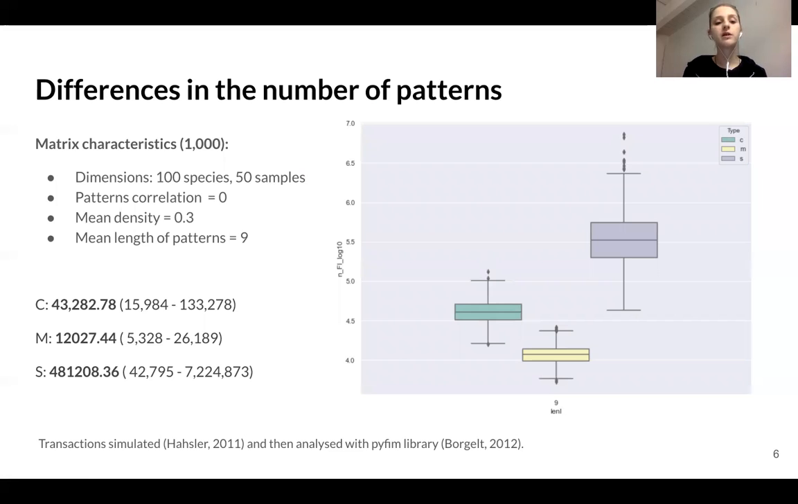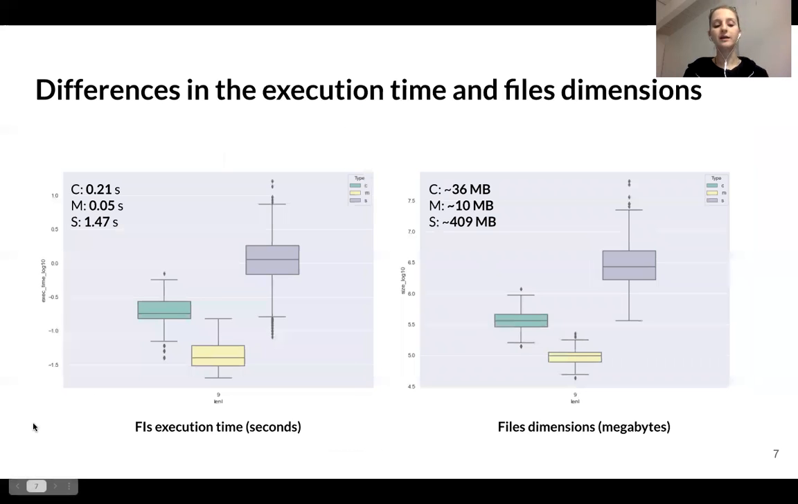So considering 1000 matrices with these characteristics, 100 species and 50 samples, we can generate a lot of itemsets, but the maximal are the lowest. And this characteristic is the same considering the execution time and the dimensions. But of course, using this kind of itemsets, we can lose some information about our dataset. And for this reason, it can be useful to